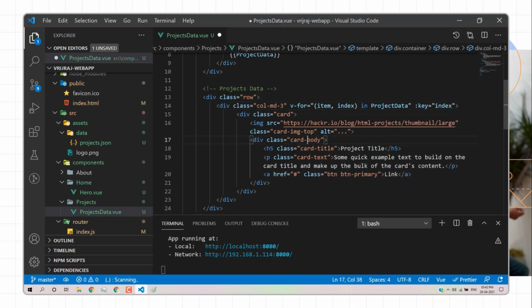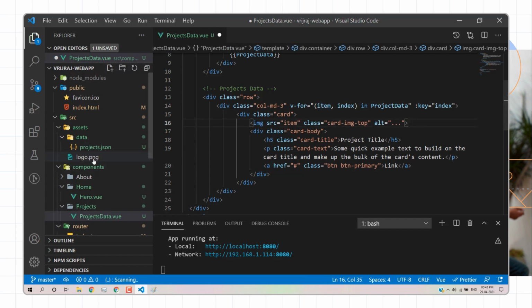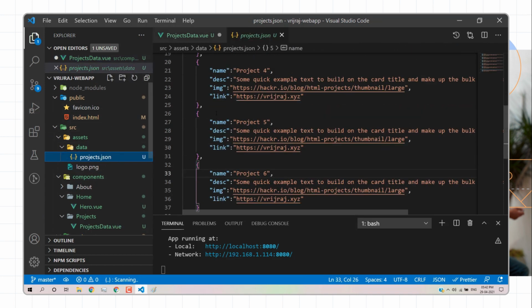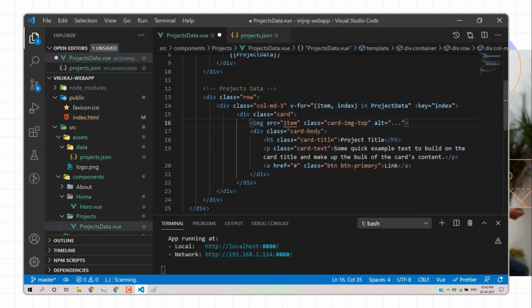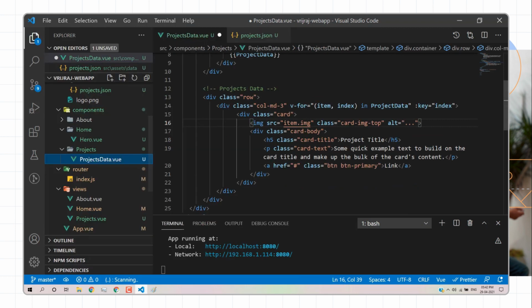Okay, so then we have to write the image URL, which will be dynamic. Here we have an item and the key. My key is img. So I'll just copy it, and write item dot, then paste. But right now this is in double quotes, so it will be considered a string, but this should be considered as a variable. So how can we create a variable?